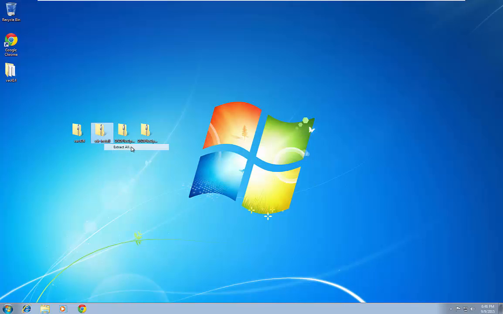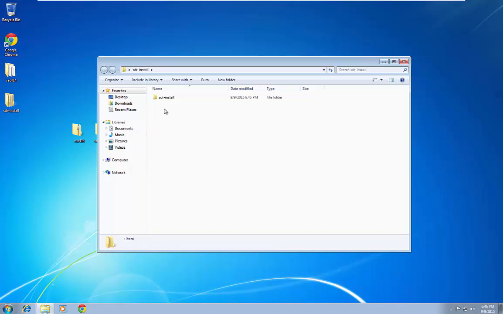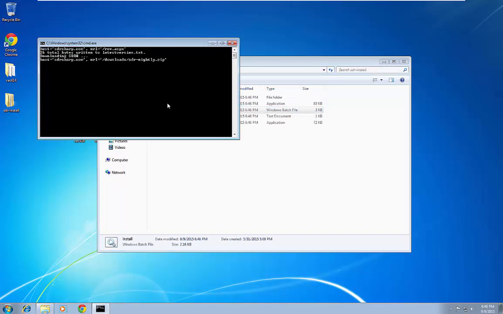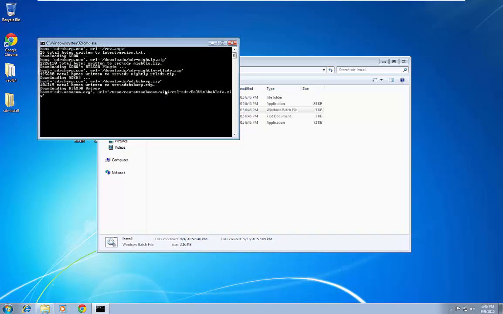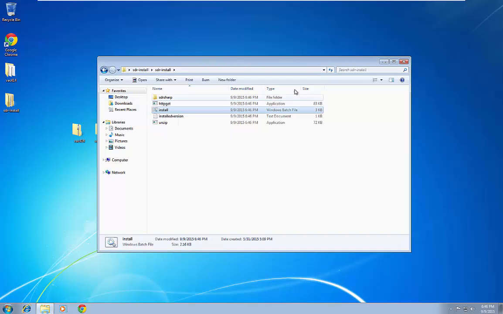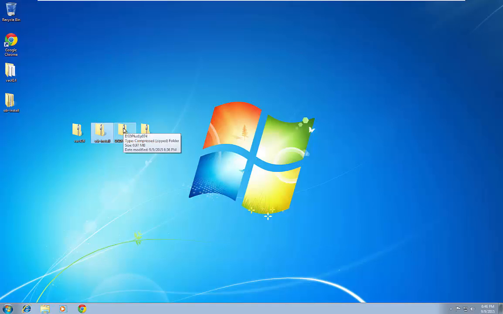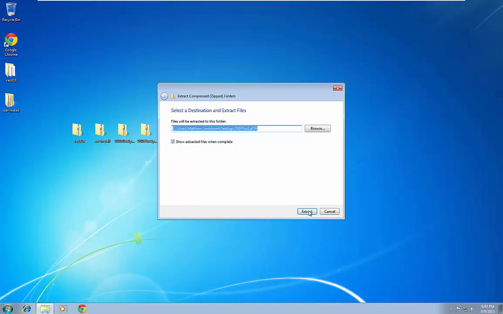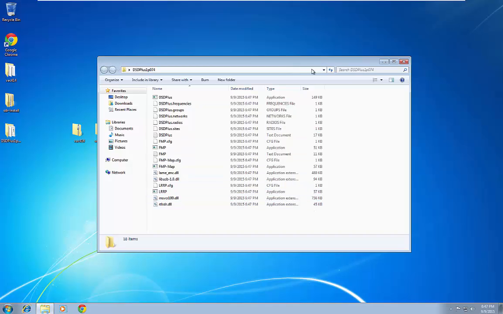Now let's get SDR installed. So same thing, we'll extract that. Go into the SDR folder. Run the batch file. Shouldn't take too long to download. If it does, I'll skip through. Okay, so that's done. Close that. Same with DSD Plus. Now I'm going to leave this window open